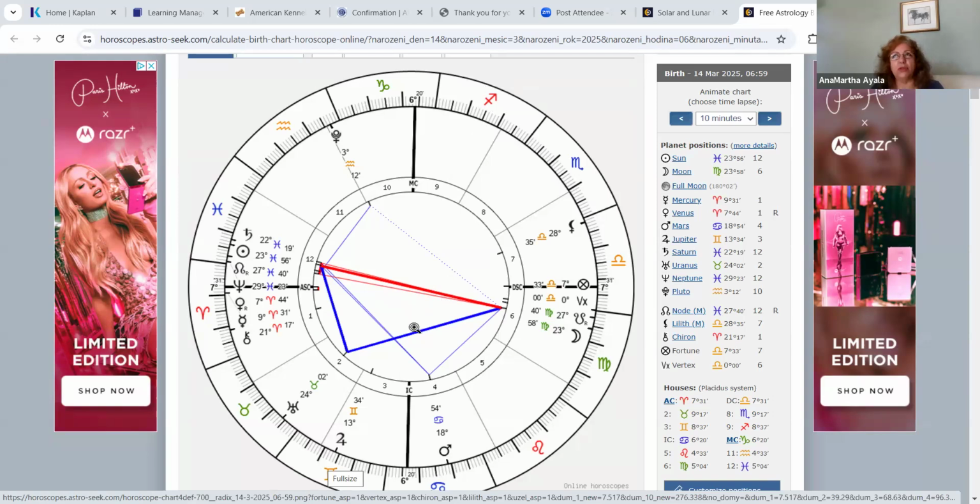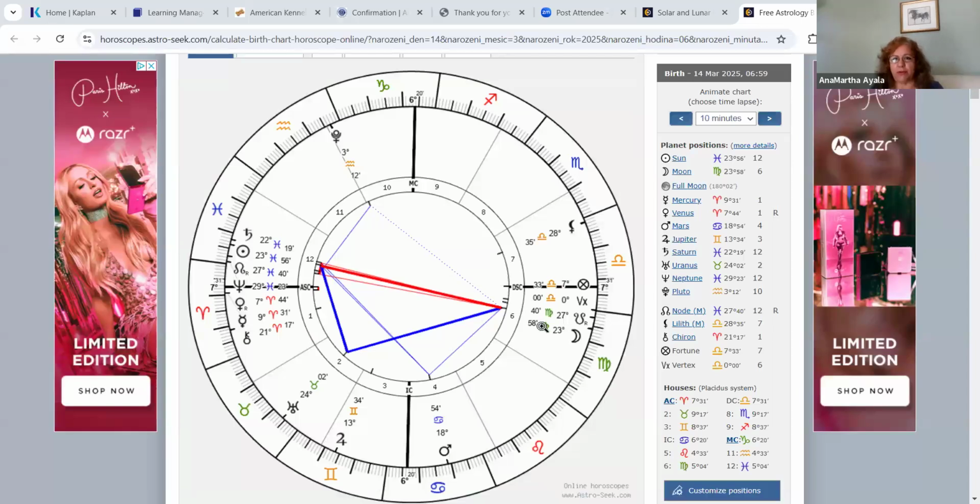So also, if you have these points at an angle, meaning the first house, seventh house, 10th house, and the IC, the fourth house, then this eclipse will also be relevant for you. It's basically affecting the mutable signs, which are Gemini, Virgo, Sag, and Pisces. And it's 23 degrees, so plus or minus 3 degrees. If you have a planet in any of these signs or you have the angles within 3 degrees, then this eclipse will be relevant for you.